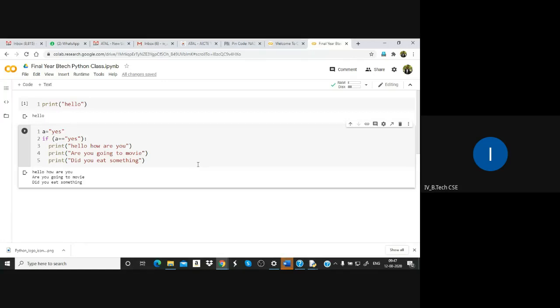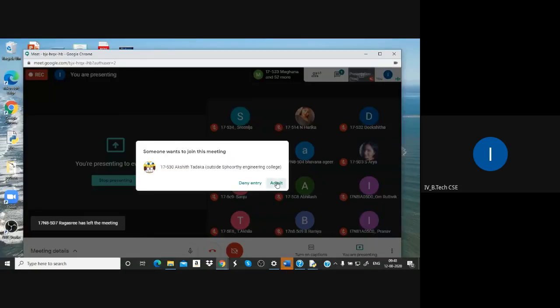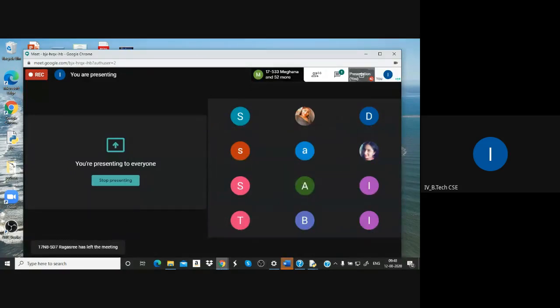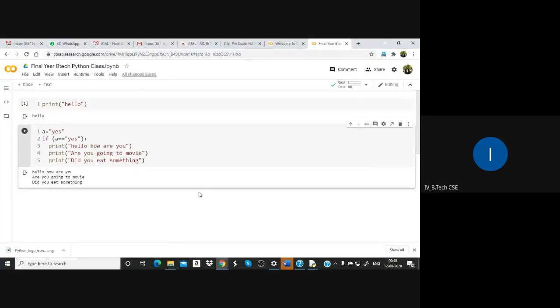After the colon we came to the next line by giving 4 blank spaces, and then we start writing print hello, how are you? On the next line, I gave 4 blank spaces again. They come under one block. So here 3 print statements are under one block. This is the simple if statement.